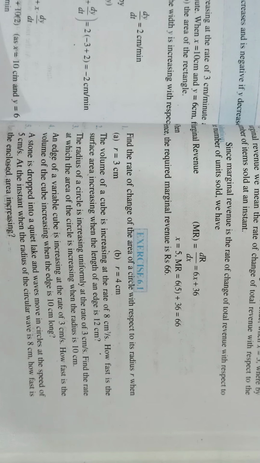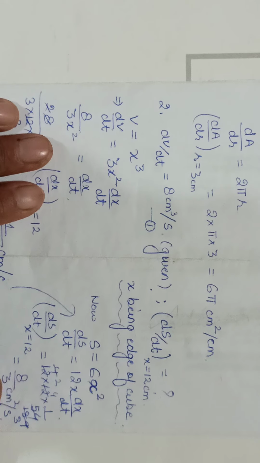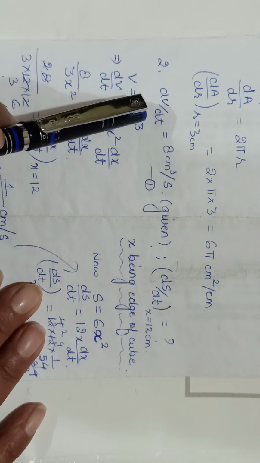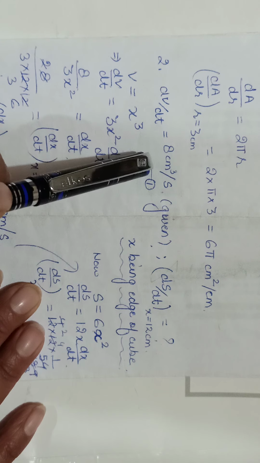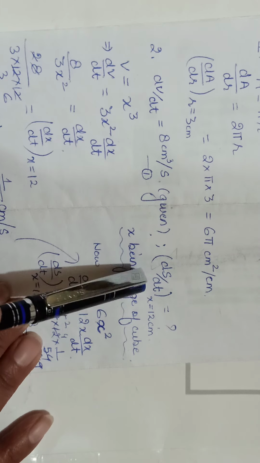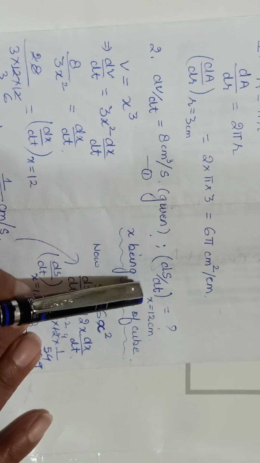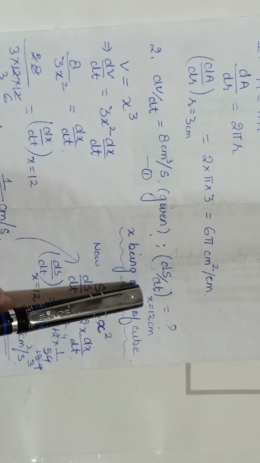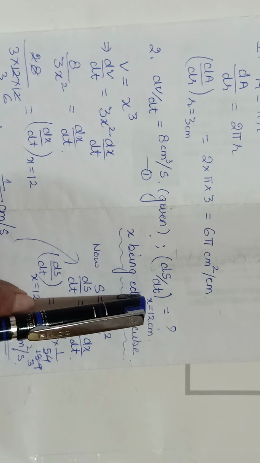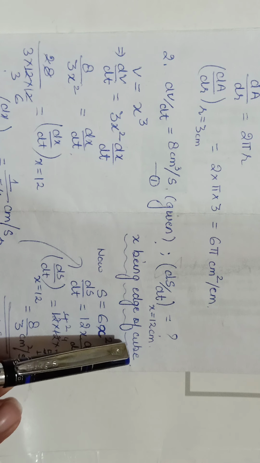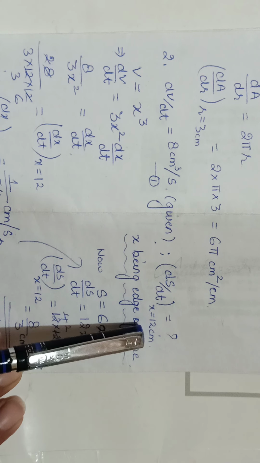Okay, so right now we are talking about a cube. The quantity that is in question here is a cube. So we were given dV by dt, as I said. From the unit also you can guess, but it was mentioned there clearly. So this we'll note down. This was our question, to find change in the surface area with respect to time, of course. If nothing else is mentioned, it has to be with respect to time. When the edge, which we have taken as x, so x would be 12.